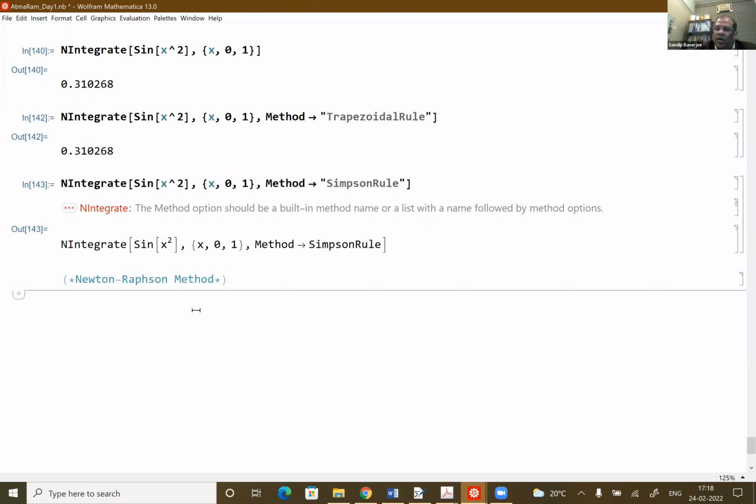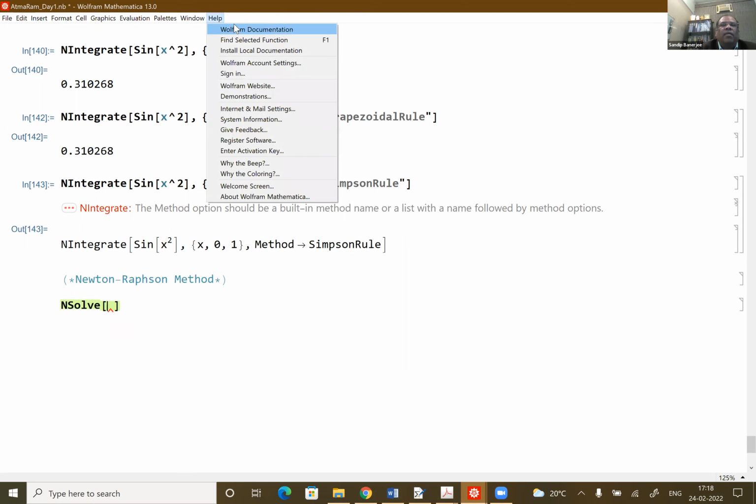So to find the root, either there is NSolve, that is, it is numerically solving something. If you go for help,